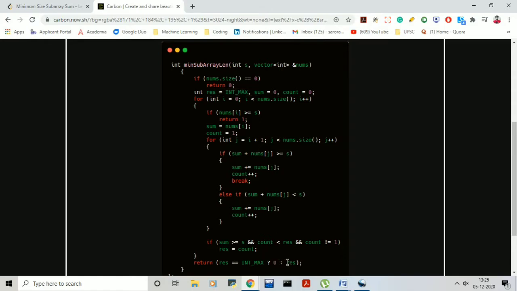Otherwise, whatever we have computed from all that code, the code will just return that result, and we are good to go. So this is an n square algorithm, but this is a useless algorithm. But if it is asked in an interview, you can definitely start from this approach and then go further. So this is the n square approach.